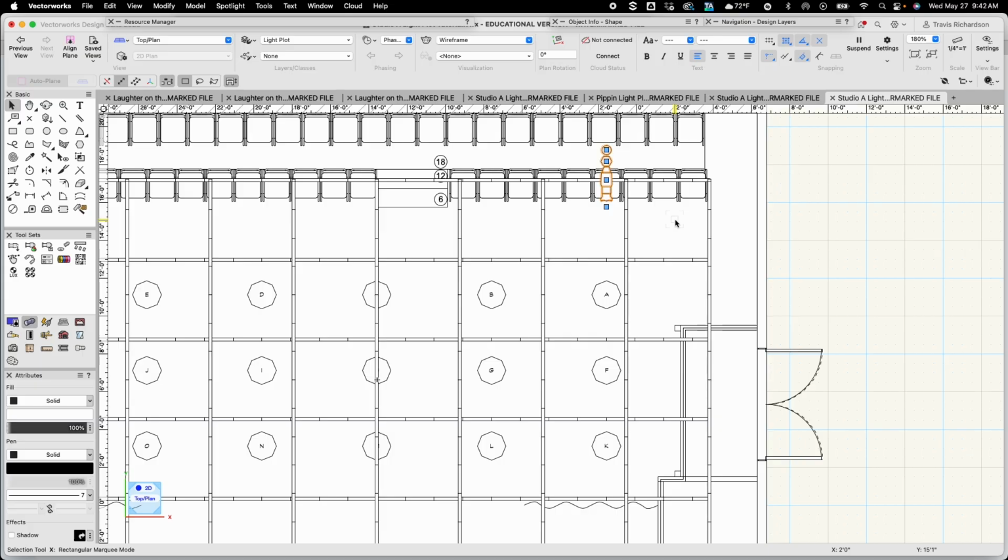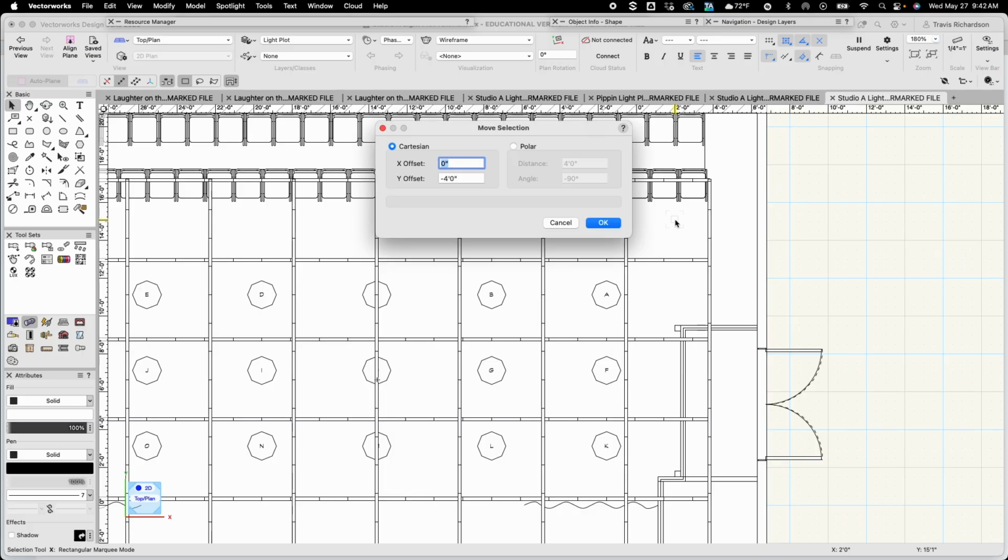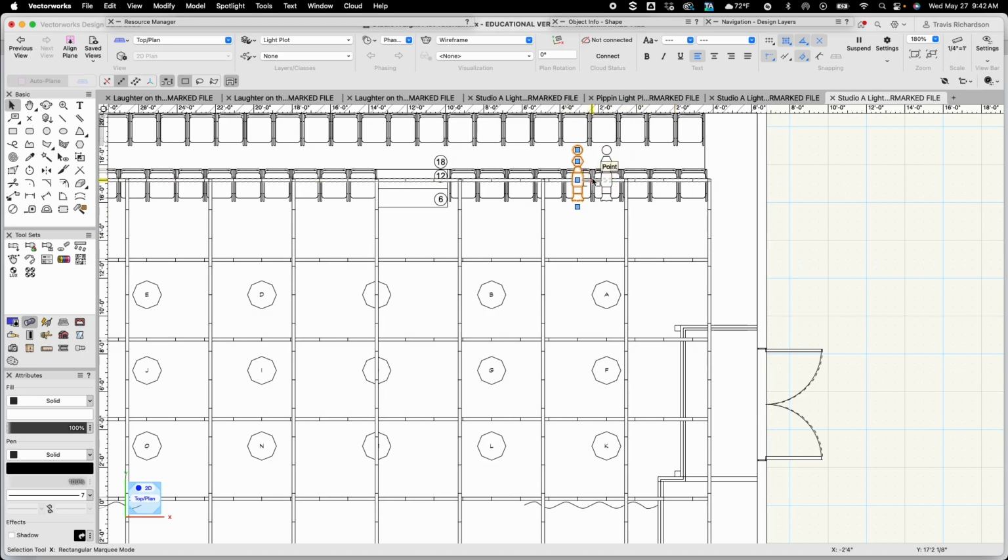From here, I'm going to just duplicate and move this fixture. I'm going to move it minus 1 foot 6 inches on the x-axis, so 18 inches to the left, and 0 on the y. So now I have a pair of lights that would get focused to area A, and those are all set. I want to have a pair of front lights for all 15 of my areas, so I'm going to select both of those and duplicate them. And I'll grab one of those duplications, put it in line with area B, and I'm going to continue that process for